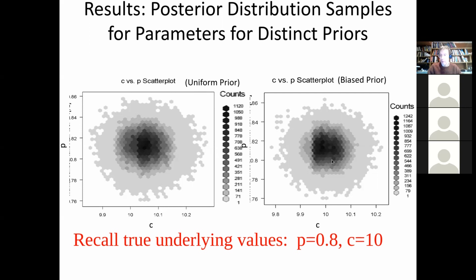This is for a uniform prior, and you can see there's really not too much difference between them. Interestingly, P equals 0.8 is not quite in the center here, and I'd have to go in and find out why. By contrast, 10 is pretty much in the center. Possibly it could have had a little bit to do with rounding or something like that. But you can see these two are pretty similar. In other words, the data overwhelmed the